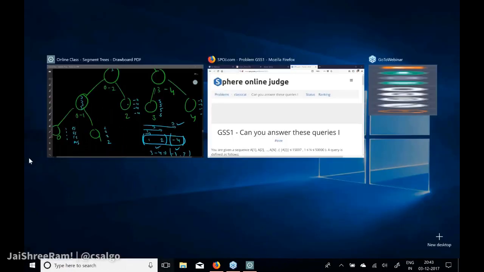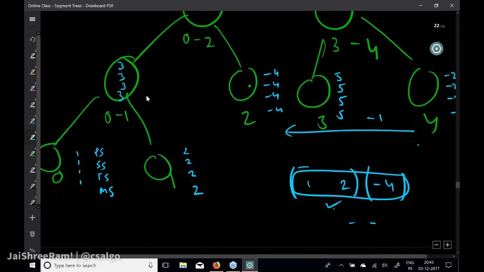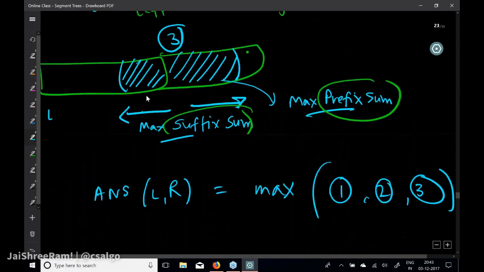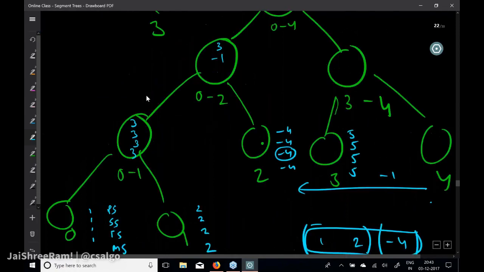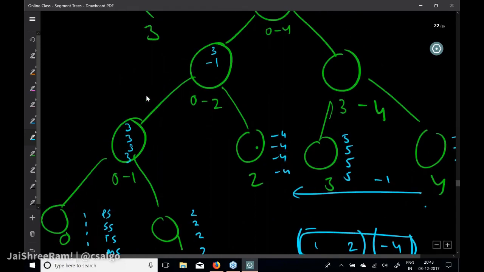अब उसने बोला कि सफिक्स सम निकालो। अच्छा, सफिक्स सम देखो पीछे से शुरू करना है, सो या तो -4, या फिर -4 + 2 = -2, या फिर -1, तो -1 आना चाहिए, मैक्सिमम तो -1 हुआ ना। सो ये कैसे निकलेगा, राइट का टोटल प्लस लेफ्ट का सफिक्स विच इज 3, सो -1, यही फॉर्मूला है ना। राइट का टोटल प्लस लेफ्ट का सफिक्स, या फिर राइट का सफिक्स सम। राइट का सफिक्स सम तो -4 है, वो हमने छोड़ दिया, तो राइट का हमने टोटल ले लिया, तो सफिक्स सम आ गया -1।